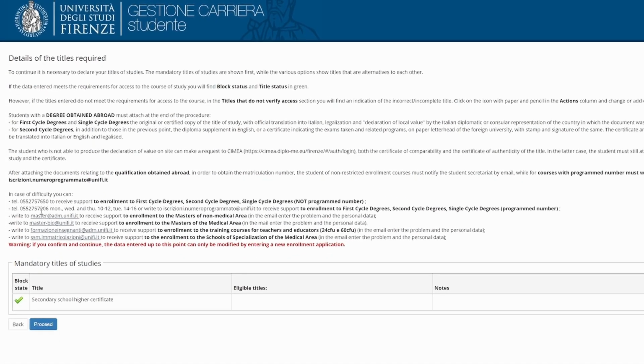If you are going to enroll in a master's degree program, you should also add information about your bachelor's degree. You will find a section where you can enter the information about your bachelor's degree.